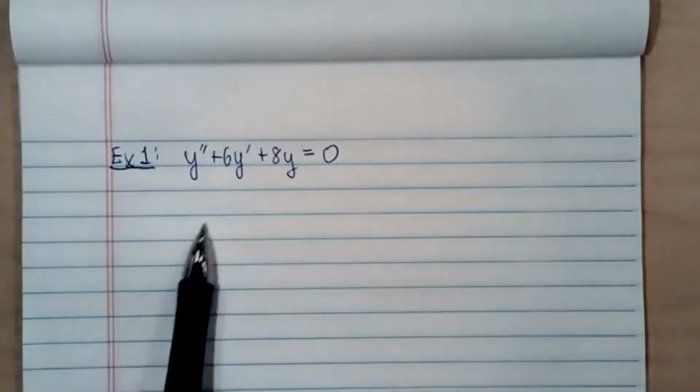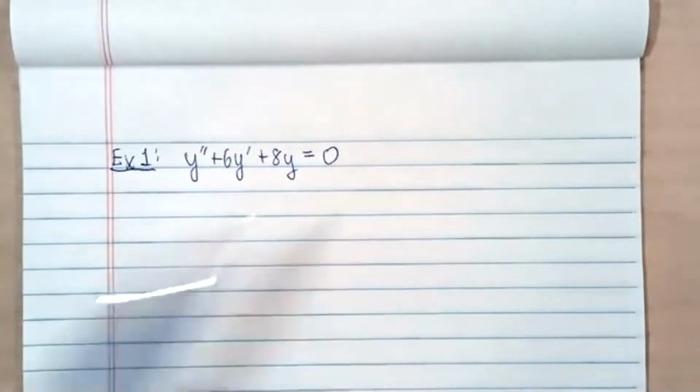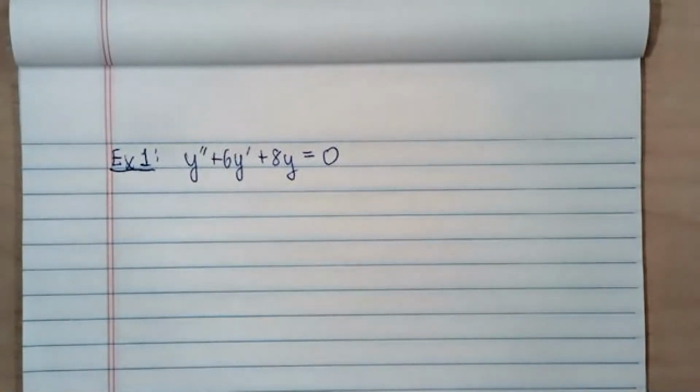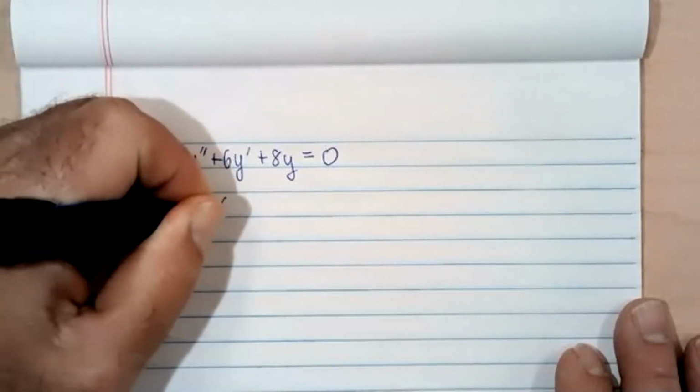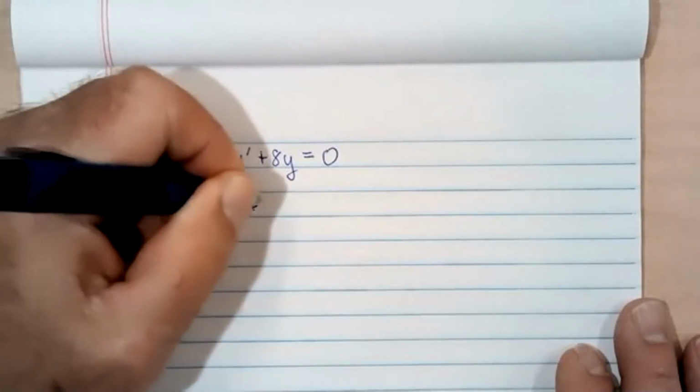Now this one is stated this way. It's just purely review. Second order linear ordinary differential equation with constant coefficients, and it's homogeneous. We know how to solve such things. You write down the characteristic equation,